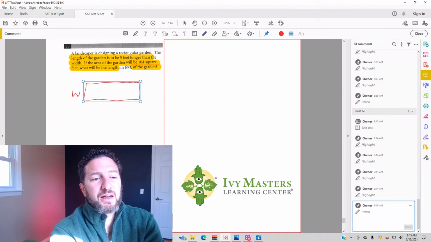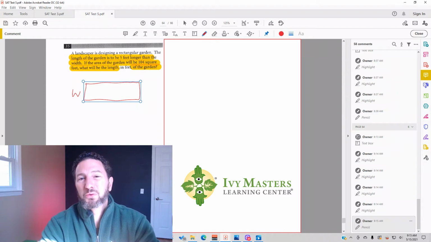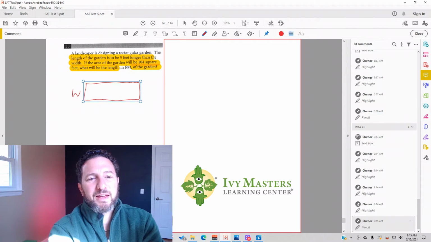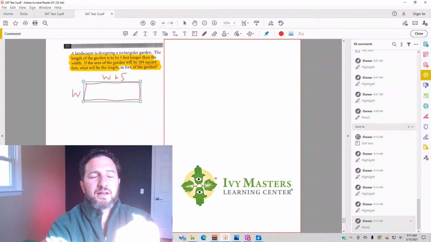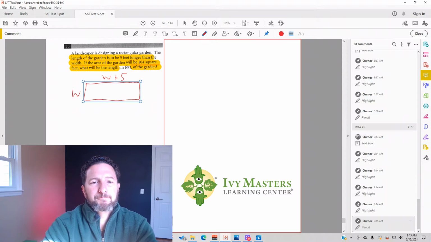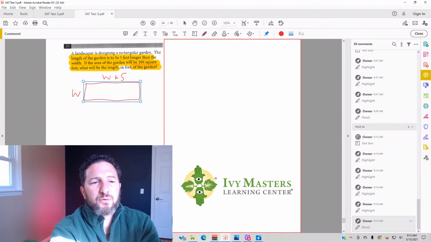Instead of using X, I like to use W. Why? Because width is W. And then you're not going to get your L and your W mixed up. And if the length is 5 feet longer than the width, I'm going to put W plus 5. I like to put the letter first because usually that is how it appears when you're doing like some quadratic or something like that. The area is 104 square feet, so in the middle I'm just going to say